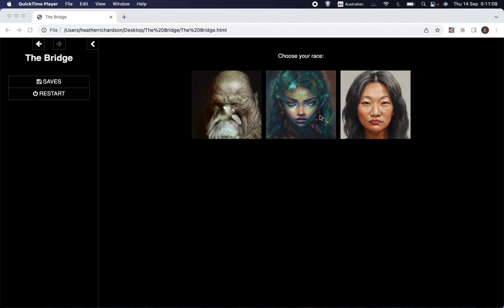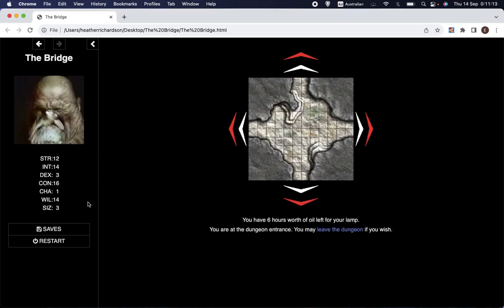So here we are at the starting screen. We get to choose our race. It creates a character and we can move quickly, which is the red arrows, or slowly, which is the white arrows. It doesn't matter which direction we're going in because I've set it up so that we'll have an encounter straight away, but in the actual game, of course, that probably wouldn't happen. But so if we set off quickly, we